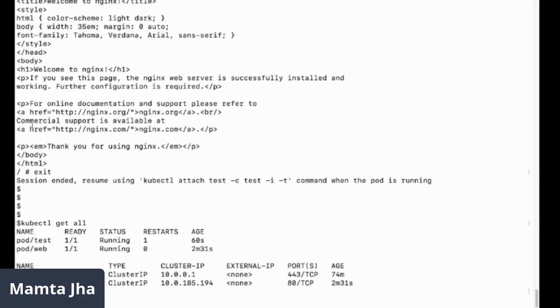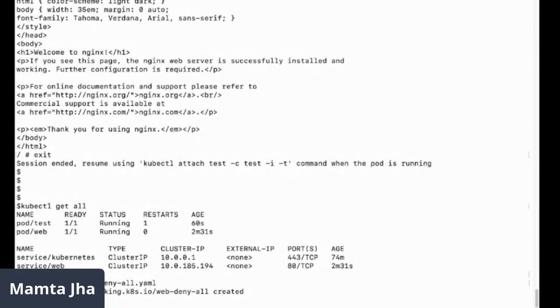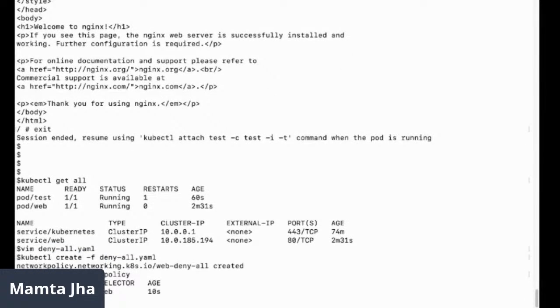Let's go ahead and create this network policy using the create command. I'll just copy paste this file name. If I go ahead and do kubectl get network policy, it is creating the network policy in the default namespace for pods which are labeled as app web.